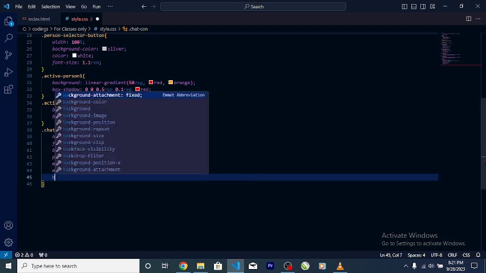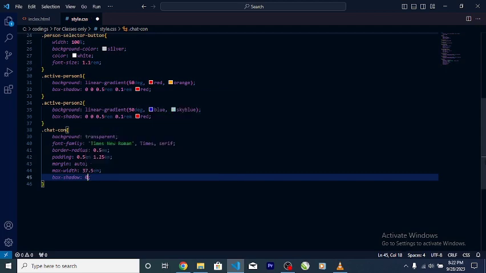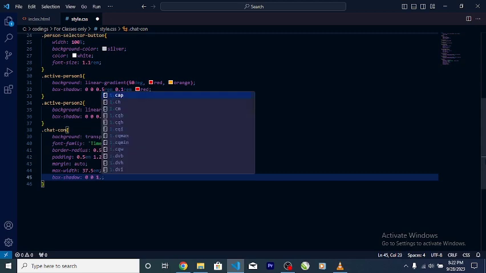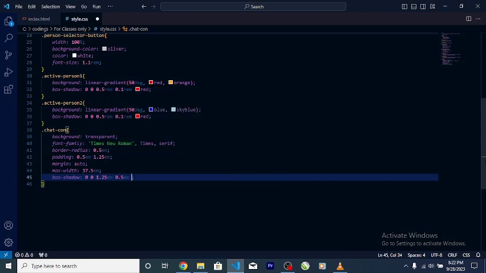So I'm gonna say box-shadow: 0 0 0 1.25em 0.5em, and then we're gonna give this a color, #3C3333,